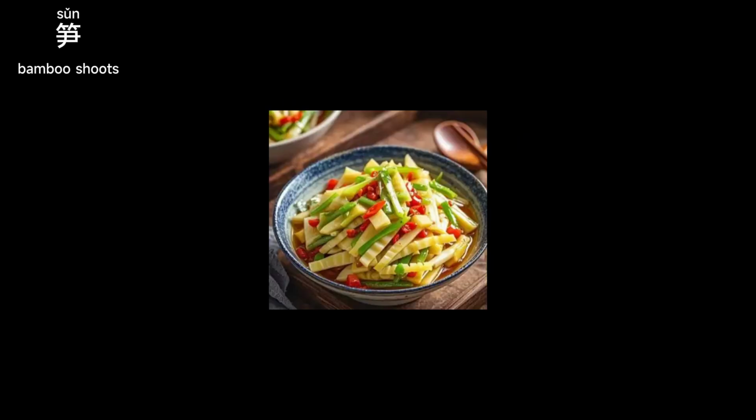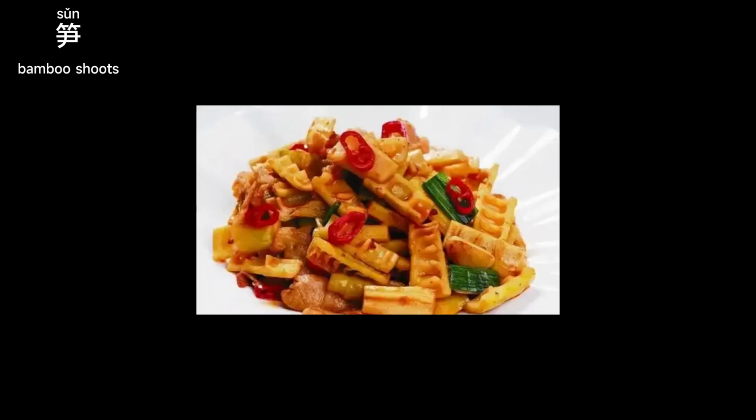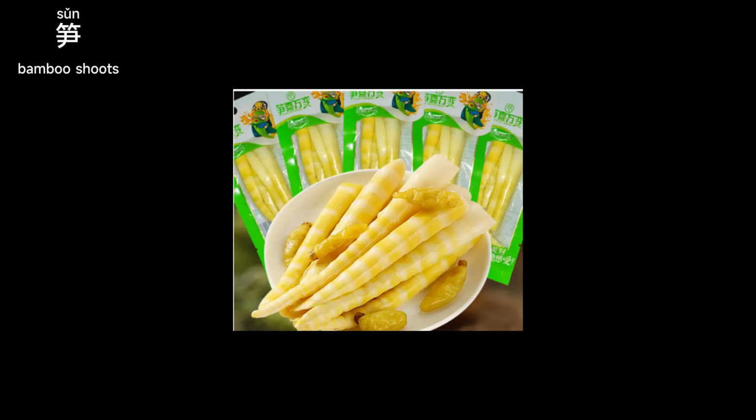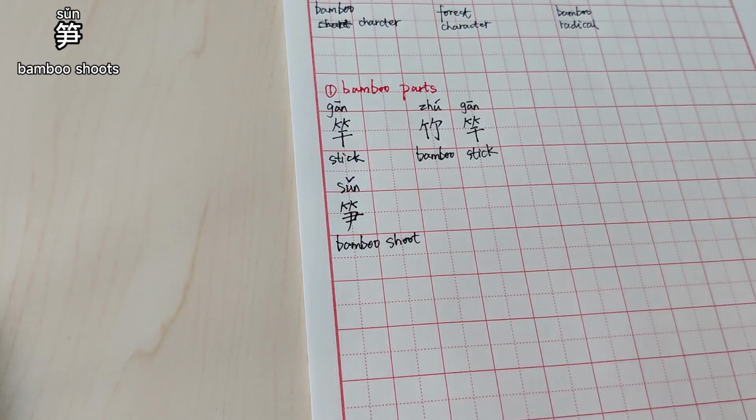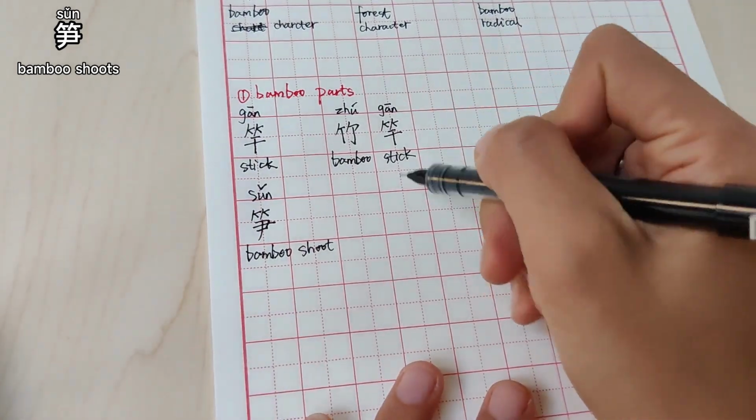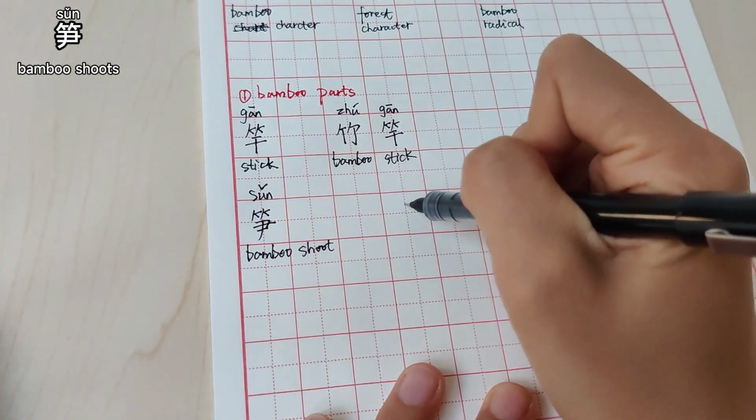Like we have some dishes made of bamboo shoots like this, and also some snacks, which are very popular around the country. And the fact about the bamboo shoot is that it will grow so fast after the rain, especially in the spring. So we have a Chinese idiom that comes with it, that is